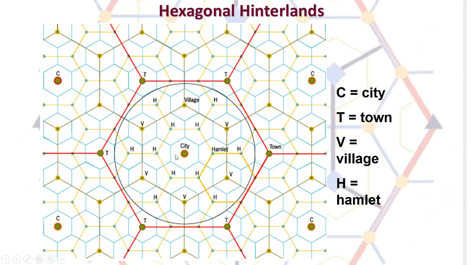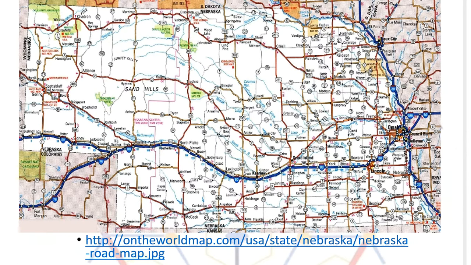Now, if you've got this concept down that people will drive so far for stuff, that also explains, like, again, if you look at the hex, you can't have big cities right next to each other unless you got a Minneapolis, St. Paul. But usually you have the big city and the area around it, the little hamlets are where you're going to have those type businesses. And the further out you go, you're going to have bigger. Let's take a look at the map of Nebraska and see if it's true.